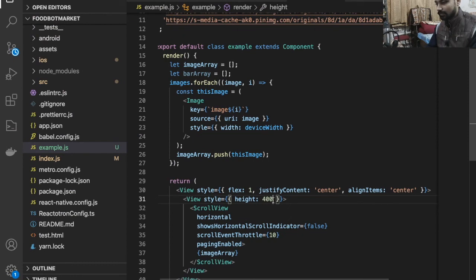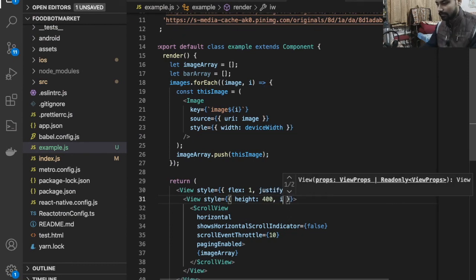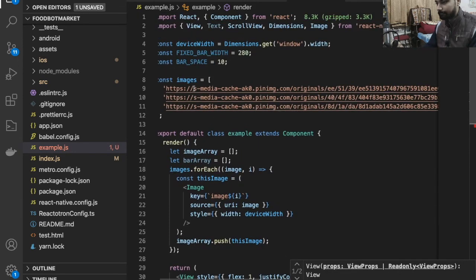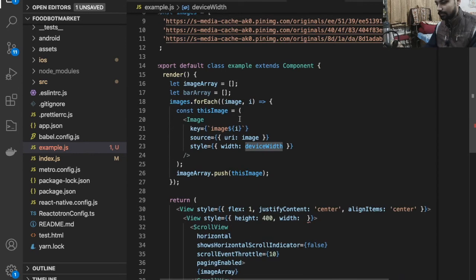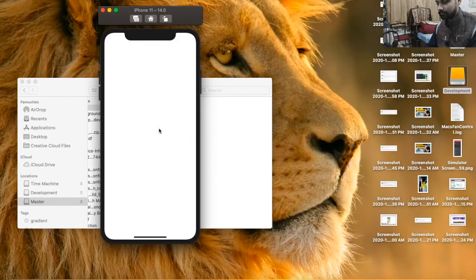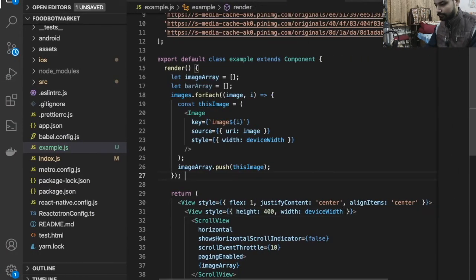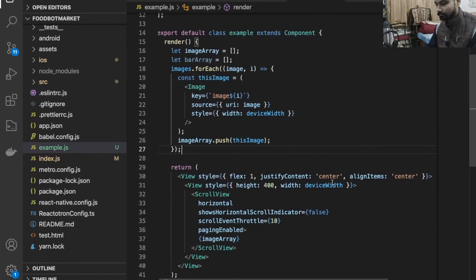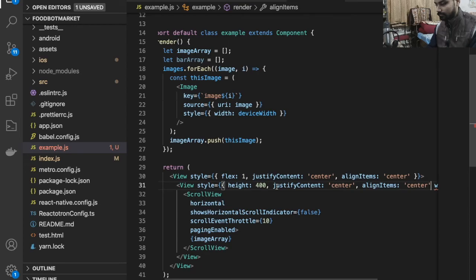You can pass the height and the width. Let's say the width is device width, that's it. And just provide justify content center and align items center, like this.